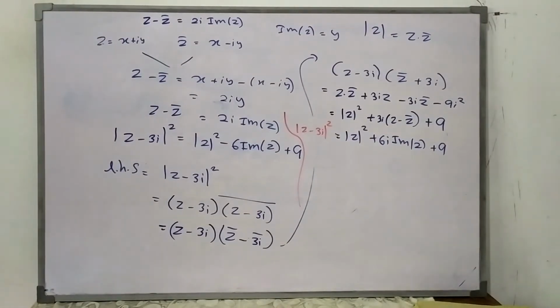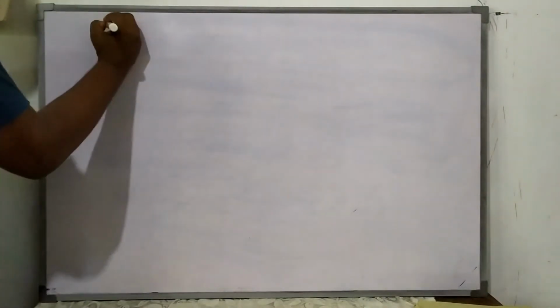And the next one, deduce that modulus of z minus 3i is greater than modulus of 1 plus 3i z if and only if modulus z is less than 1. Okay, so this is if and only if, so both sides can be taken, but I am taking the left hand side. Using modulus z minus 3i less than modulus 1 plus 3i z, I am going to show modulus z less than 1. So now we have the property 1 plus